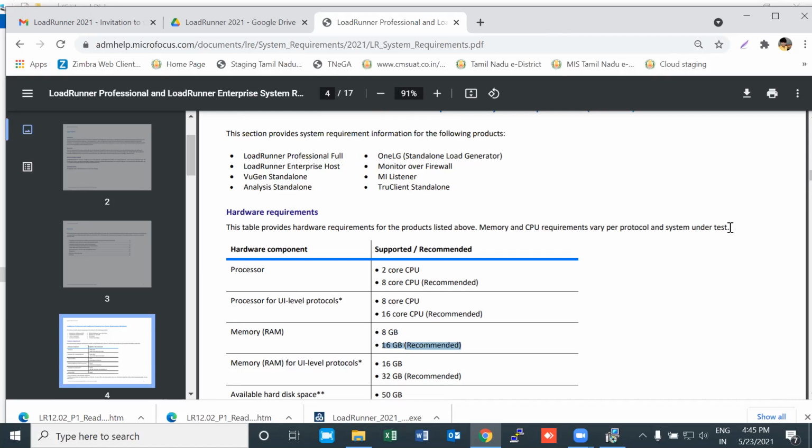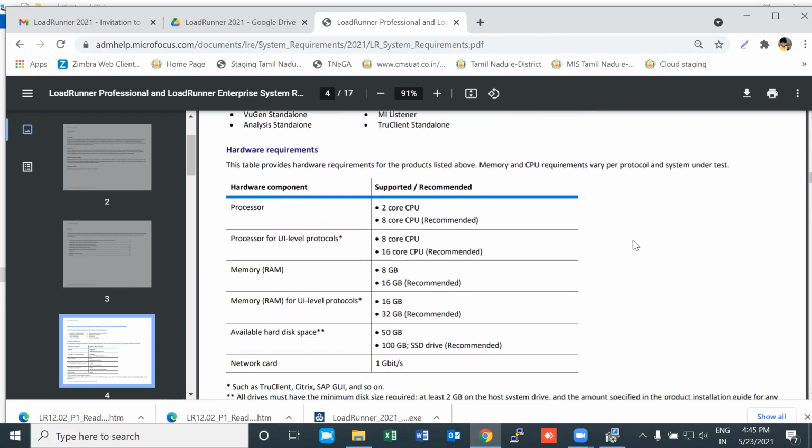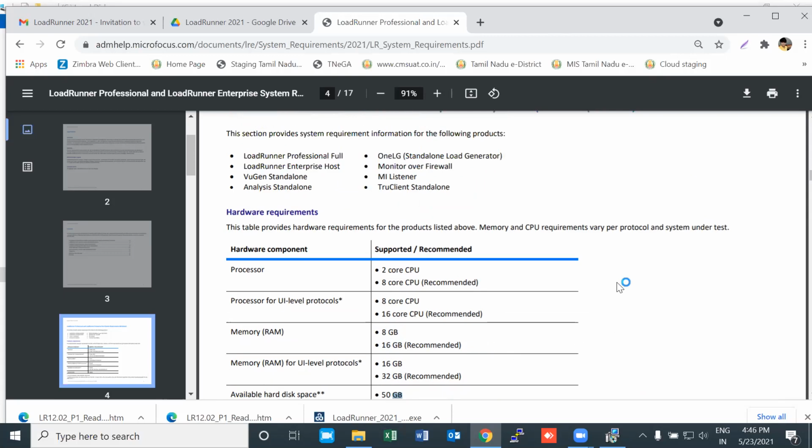Available hard disk space should be at least 50 gigs, and the network card should be 1 gigabit per second. A 100 GB SSD drive is recommended. This is the recommended thing, and this is the minimum thing, right? Those are the hardware requirements.